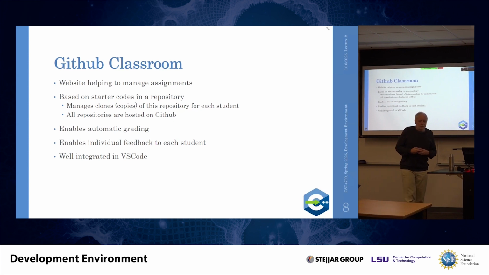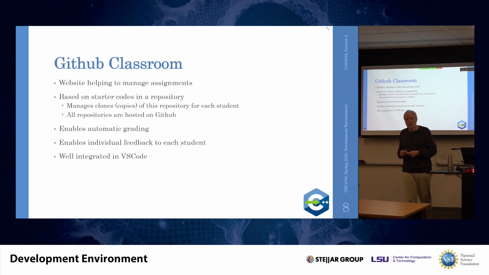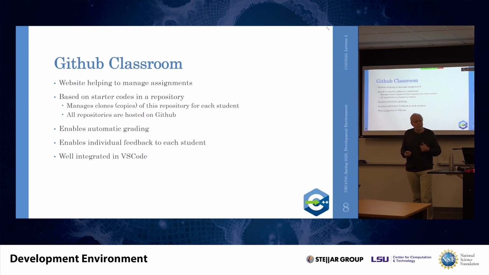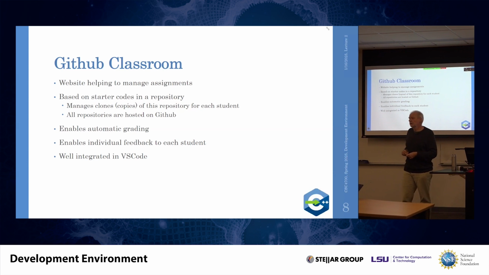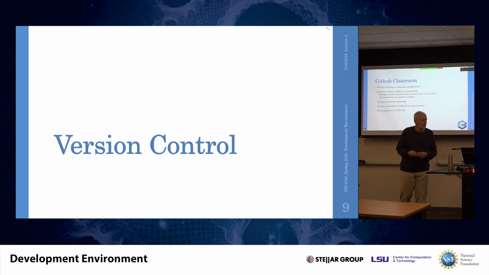It also enables automatic grading, as I said. Whenever you commit your changes through Git to your repository on your GitHub account, it automatically triggers an autograder that runs somewhere in the cloud, and that autograder will run all the tests that will prove that your assignment is successful, or that all the tests pass. So it will also enable individual feedback to each student. I will add comments to your work, and I will do the grading of your work on your GitHub repository and so on.